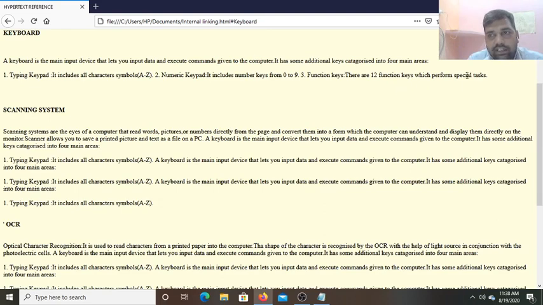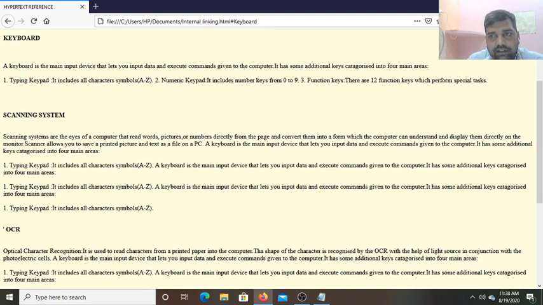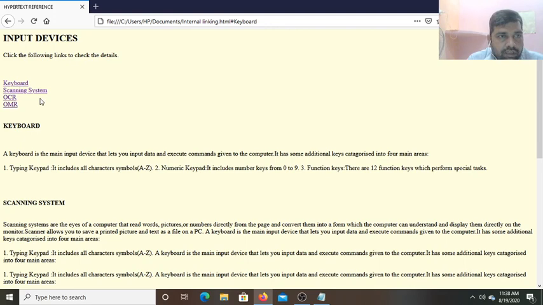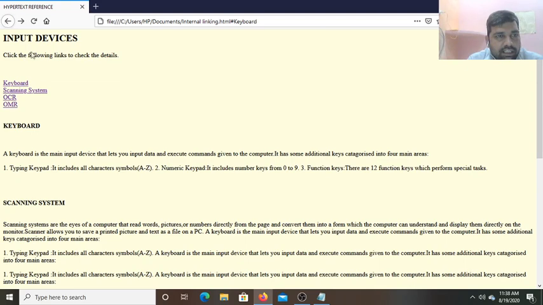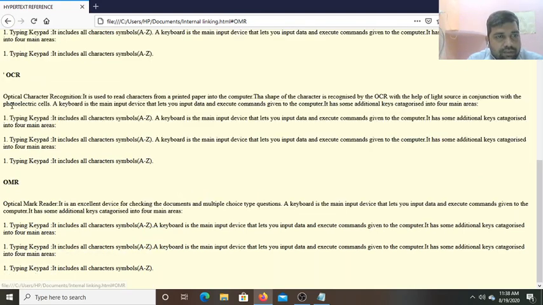So as I click on it, again if you move there and click on the scanning system or on the OCR, now see, at this time the OCR paragraph is not here, but I want to read the OCR. So now see OCR will come on the top. Now you can read this paragraph. This is called internal linking on the same web page. You can go back also by clicking here. Again, you can click on the scanning system. Here OMR also you can click. Now see OMR will come. So like this the internal link works.